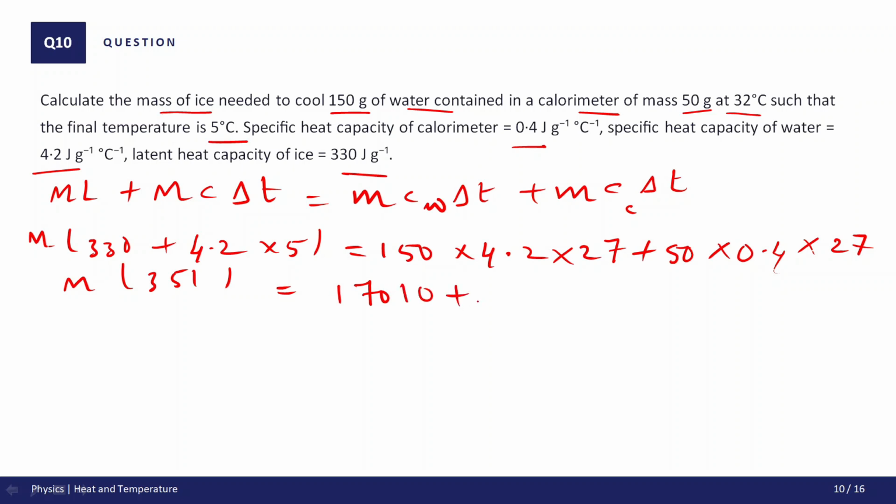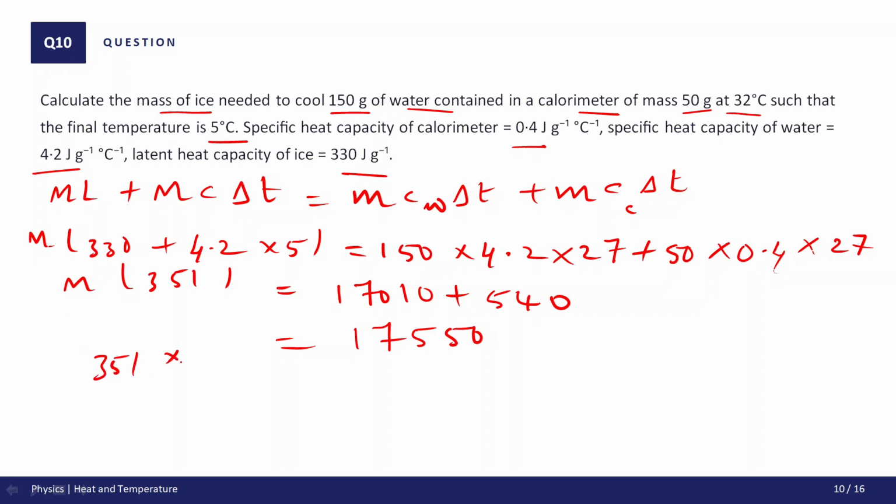plus 50 into 0.4 into 27, 540. Add both here, 17,010 plus 540 equal to 17,550. It is equal to